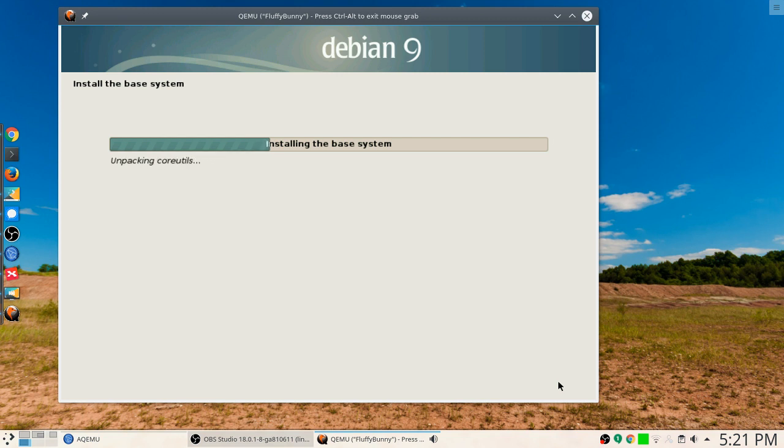Actually, how long this sort of thing takes depends on what you're installing, or how big the distribution you've decided to go with is. It can take an awfully long time, or it can happen very quickly if you've got a small distribution with a very small window manager, for instance. If I remember correctly, the Debian 9 distribution that I installed has KDE 5, aka Plasma, so it's fairly big, but at the moment we're doing the base system. This seems to be happening fairly quickly,